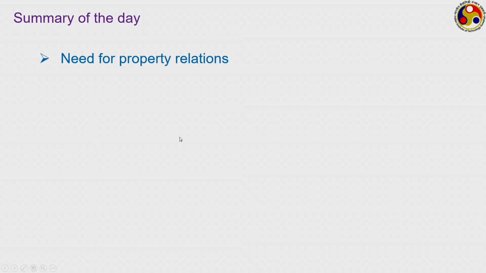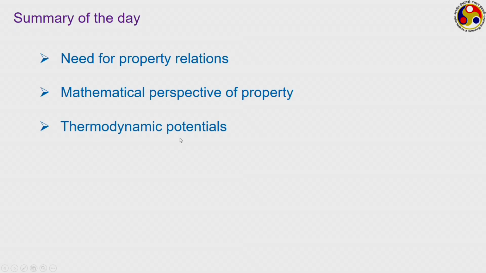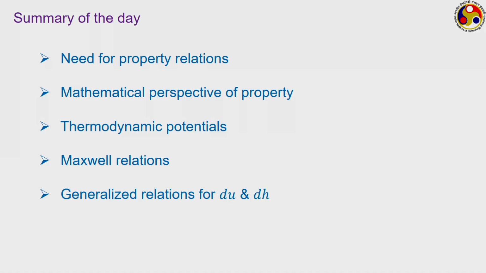So, I would like to stop here today. Just to quickly summarize what we have done today, we have discussed the need of developing property relations, particularly the relations of changes in internal energy, enthalpy and entropy in terms of measurable quantities like pressure, temperature and specific volume. Then we have provided a mathematical perspective of property, defined the four thermodynamic potentials: internal energy, enthalpy, Gibbs free energy and Helmholtz free energy. Then we developed four Maxwell's relations and generalized relations for dU and dH,